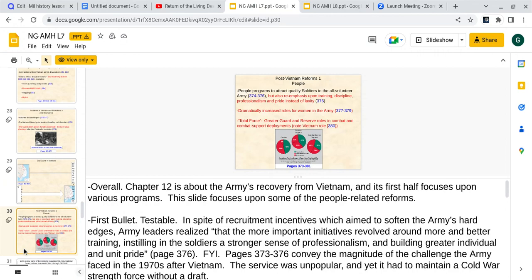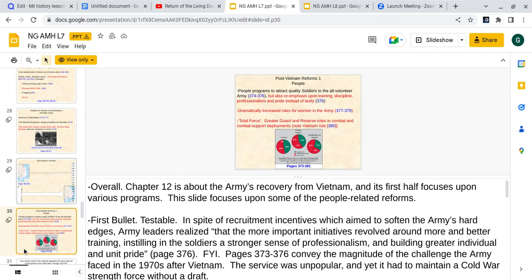Next, after Vietnam, some reforms happened. There was a new emphasis on training, discipline, professionalism, and pride instead of laxity after the horrible things that happened at My Lai, and after Mary Ann, the fire base, fell. They realized that they needed to emphasize professionalism and pride in being a soldier and discourage laxness. Also, there was a huge emphasis on better training and better discipline for the U.S. Army. There was also a dramatic increase in roles for women in the Army, so now women have more roles